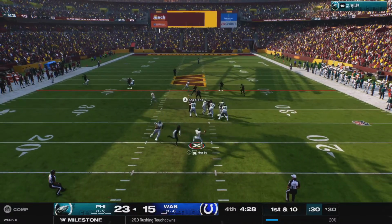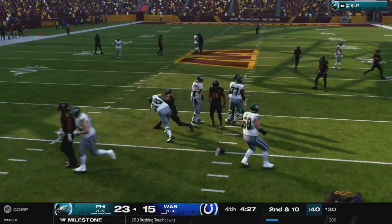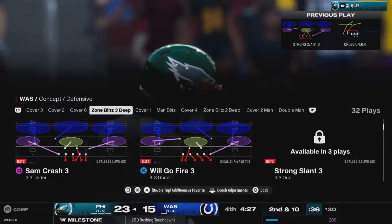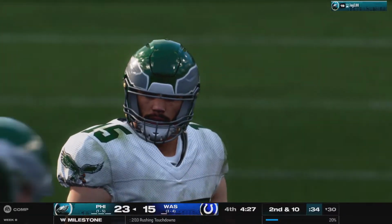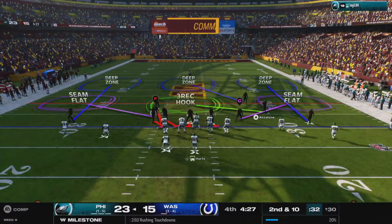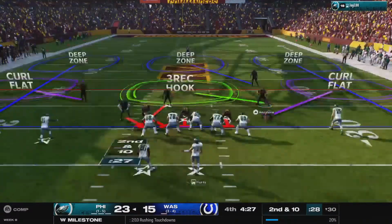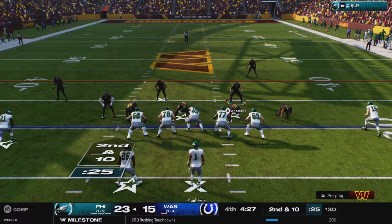Hurts now from the gun. Ooh, he got hit as he was throwing, and unsurprisingly, it falls incomplete. 2nd down coming up. That is a DB's best friend, pressure. That pressure earned that incompletion. They came in before he could find a target and hit him to alter that last-second attempt to get rid